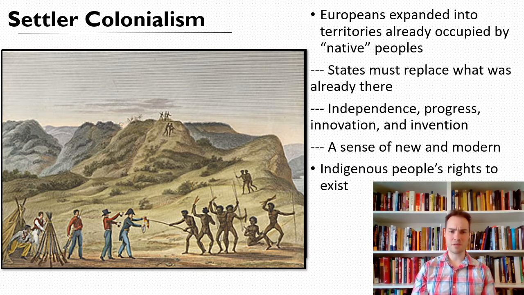But what rights did people have? Well, typically Europeans would say, we're so civilized and we're bringing modernity and progress and innovation to these lands. These other people are so backwards and they're not even using it. So it doesn't really matter. They don't necessarily need rights, which of course is going to set up a big conflict between those two groups.